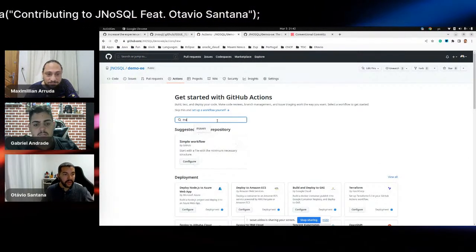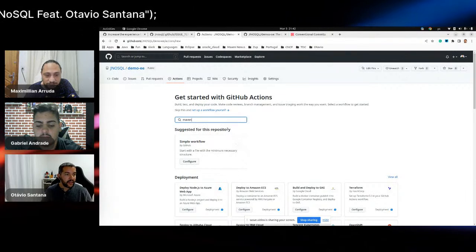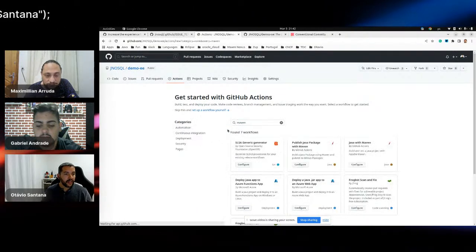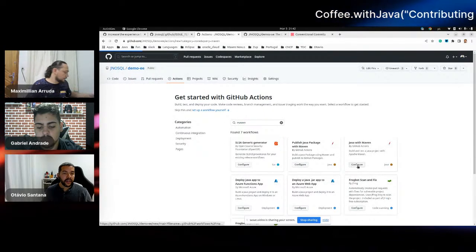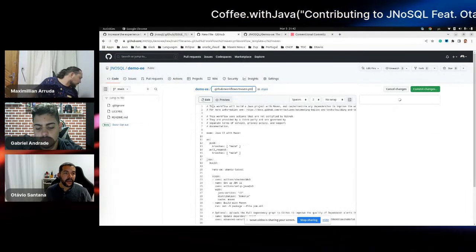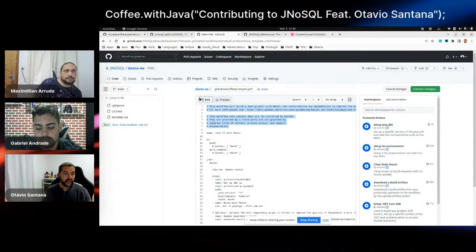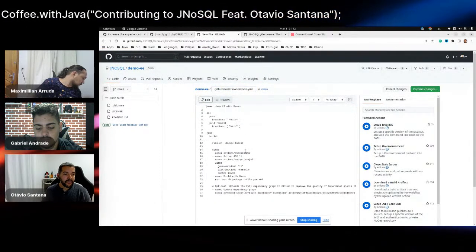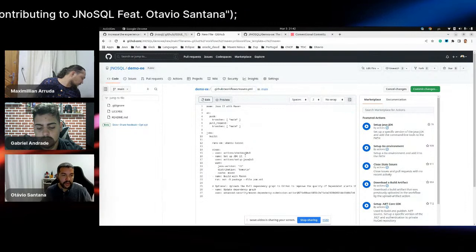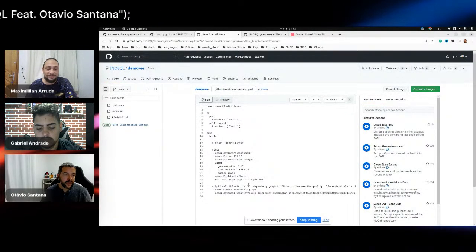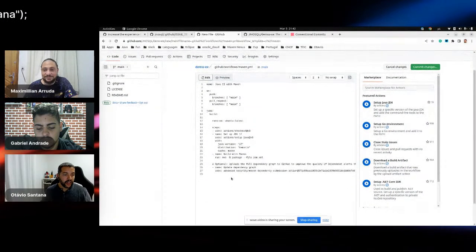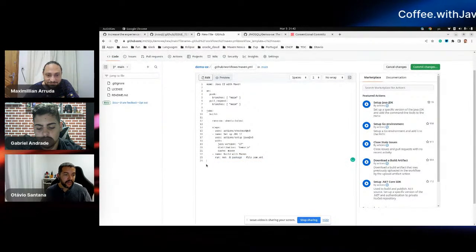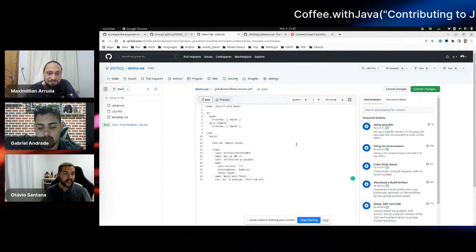So I will come here to Maven, where I will configure my CI with Java 17, right? Right now, it doesn't make sense to start any project with Java 11 anymore. Hopefully, you can run on Java 17.